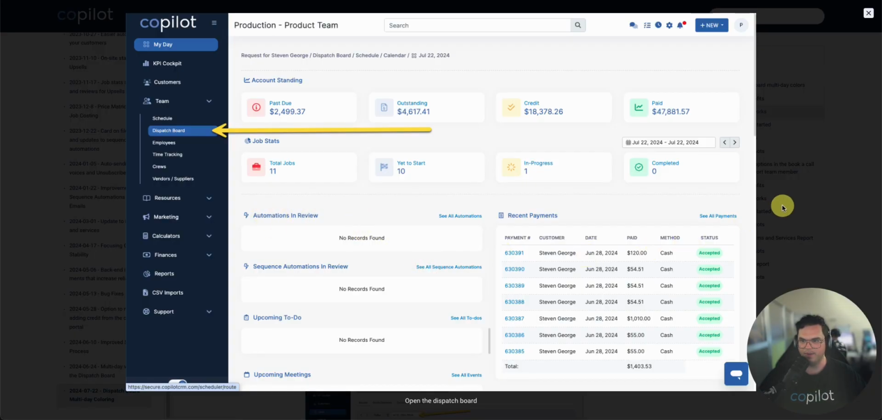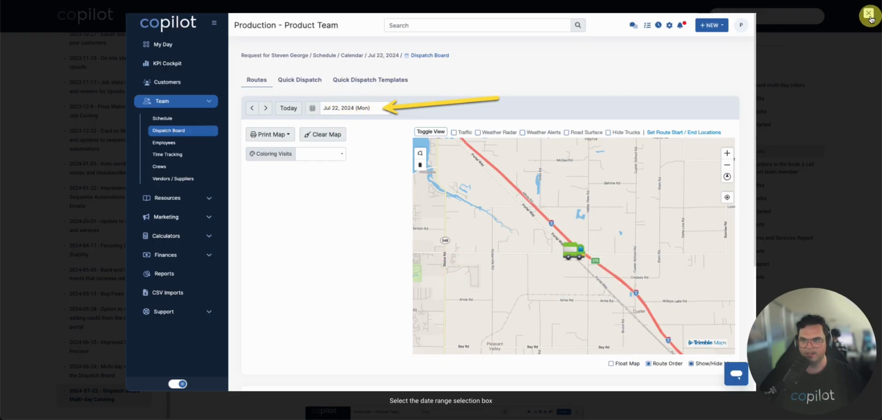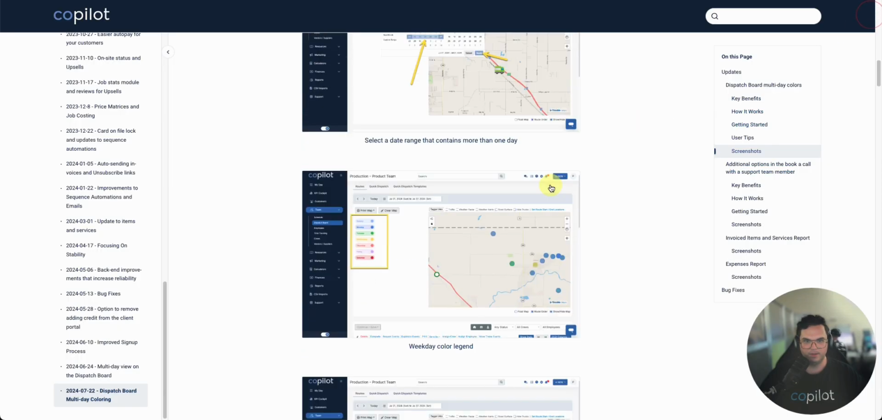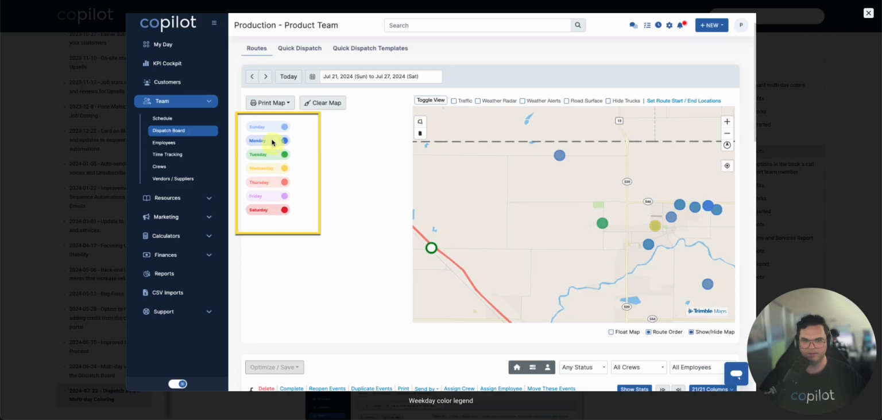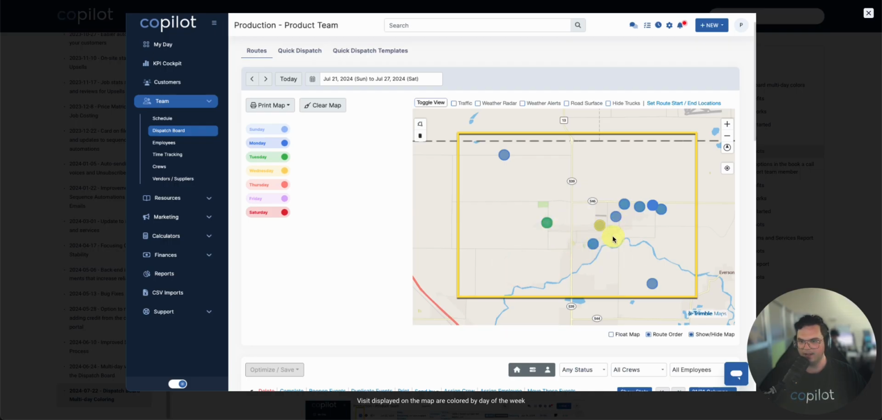So if you go to the dispatch board and you select the date selection box here, as long as you select a date selection that has more than one day, so in this case I select a week, and you click apply, then you will see the color per week legend show up, and this will show you which color each day is. And then you can also see on the map the colored dots will change as well,